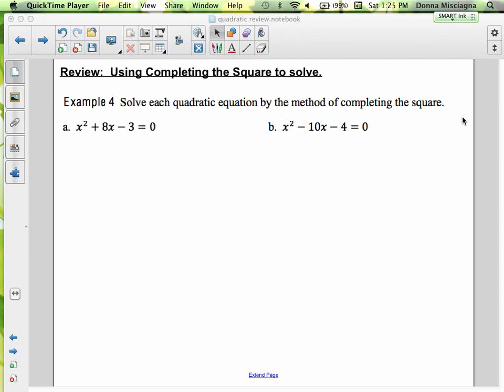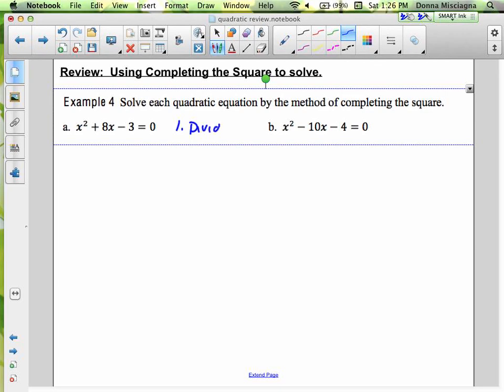I also don't mind it if my A is not 1, if the other number is evenly divisible by whatever A is. This one is a nice, easy one for completing the square. That would be my method of choice for this one, and neither of these is factorable. So, for completing the square, our very first step, and I'll write the steps in here just to remind us, would be to